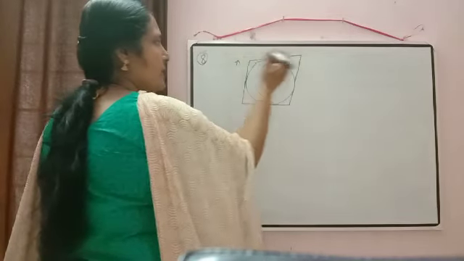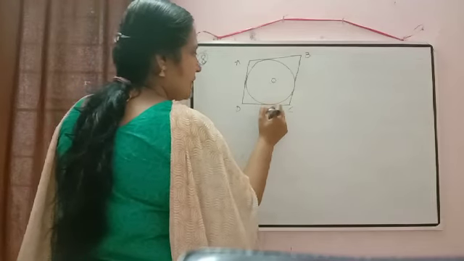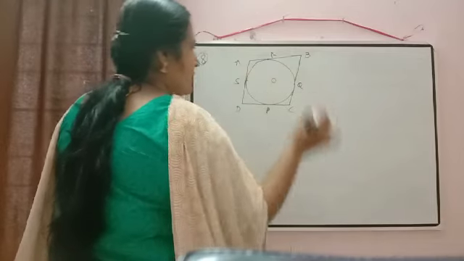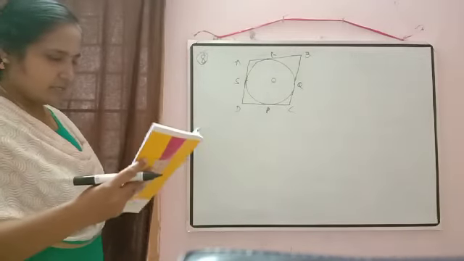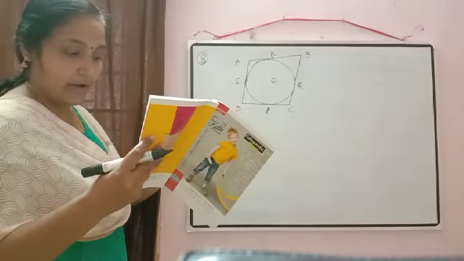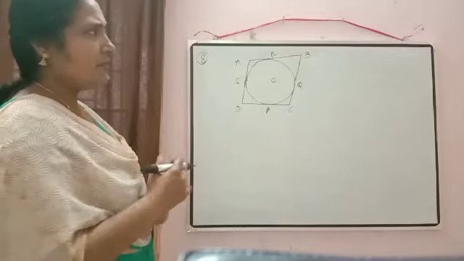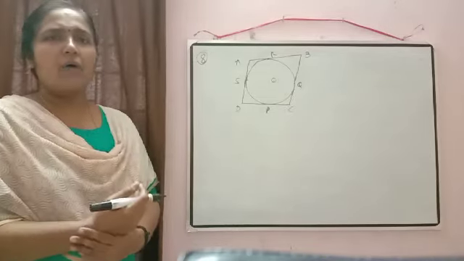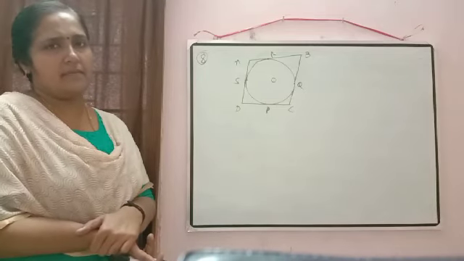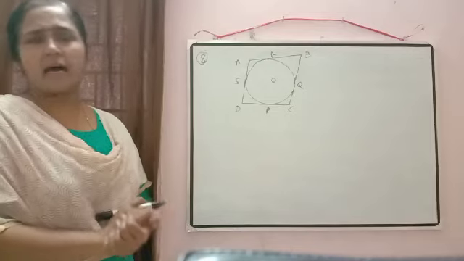So we can mark the points A, B, C, D, center O, P, Q, R, S. So what is given here? Given ABCD is a parallelogram. And what we have to prove? We have to prove it is a rhombus. So for that, what we will prove there? How to prove a parallelogram is a rhombus? What is the difference in their properties? Yes, anyone is enough there. We will prove all sides are equal.